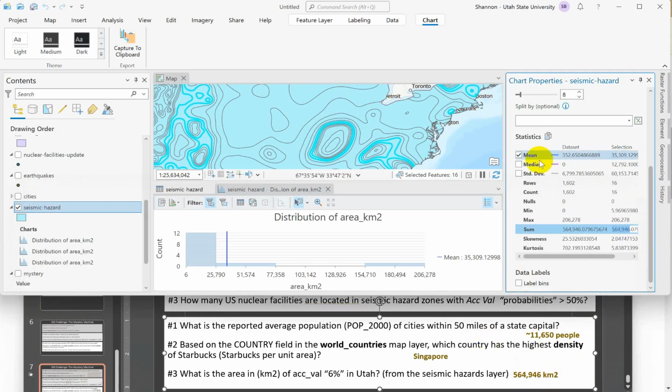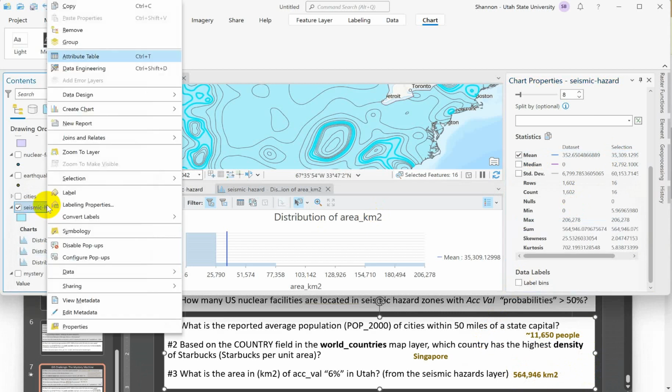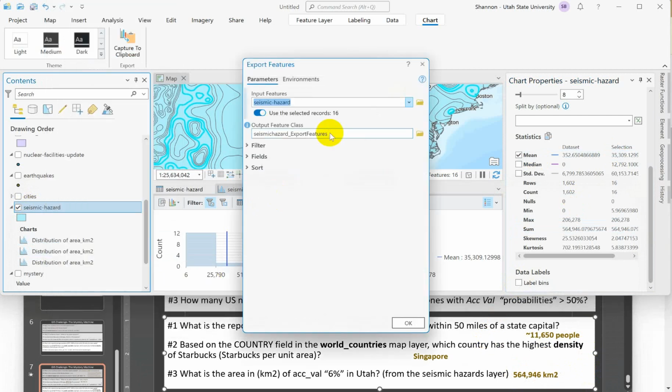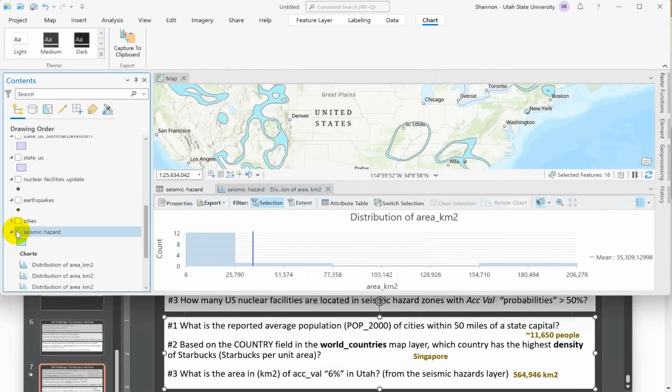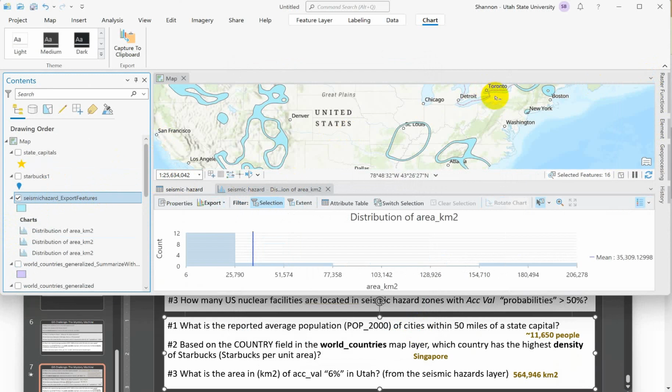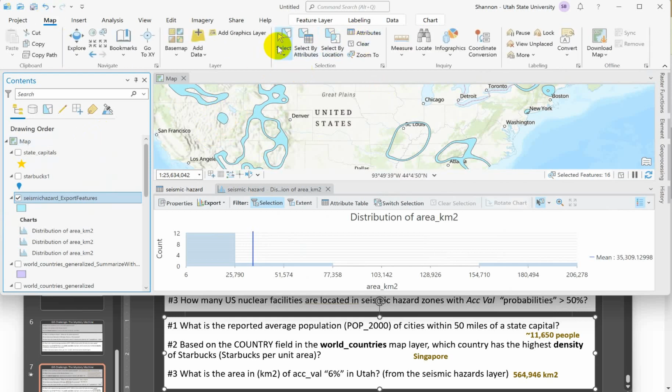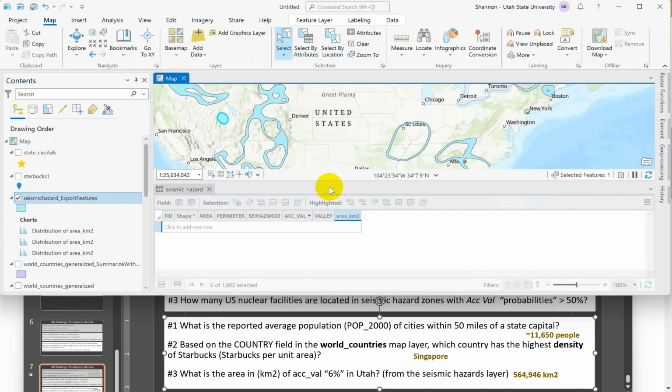How could we test that? I think it might be useful to do a couple things. We can right click and data export those features and turn them into their own data set. That would look like that. Then we're going to turn off our inputs so that we can just see our outputs. This makes sense to me that these are the different polygons. They're kind of like isopleth areas, aren't they, of equal ACVAL values. It might be difficult to evaluate the area of one of these, but if we selected this one and looked at it in the attribute table,